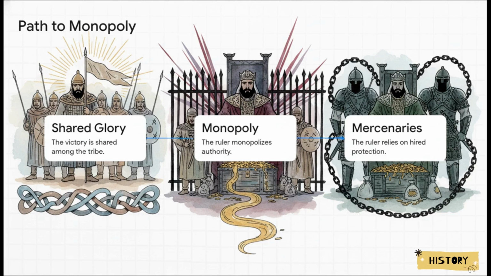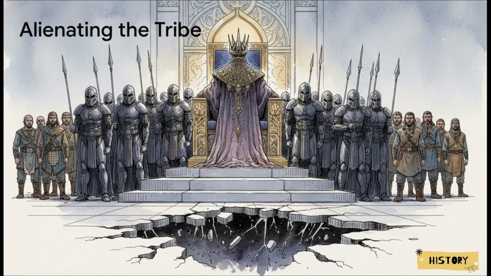The ruler now has to rely on hired help to maintain control. It's a completely fatal but essentially necessary step in the evolution of the dynasty. By distancing himself from his kin to claim that absolute royal authority, the ruler destroys his original base of power. So he now has to dip into the state treasury to hire foreign mercenaries for protection. Ibn Khaldun gives the perfect historical example of this, the Abbasid caliphs. As their original Arab tribal cohesion started fading, they had to start hiring Turkic and Daylamite mercenaries to protect the throne. The state survives for a while, sure, but its internal foundation is actively crumbling.